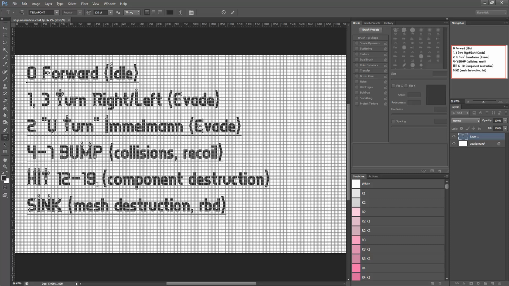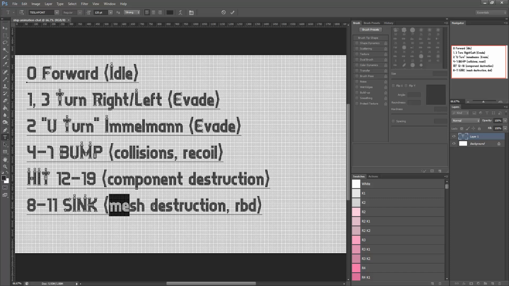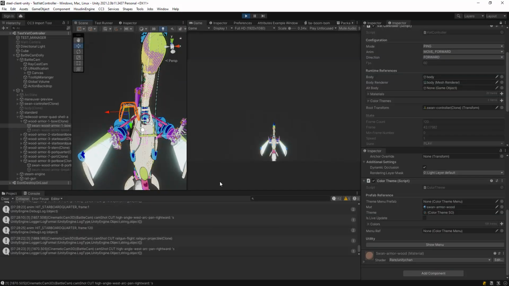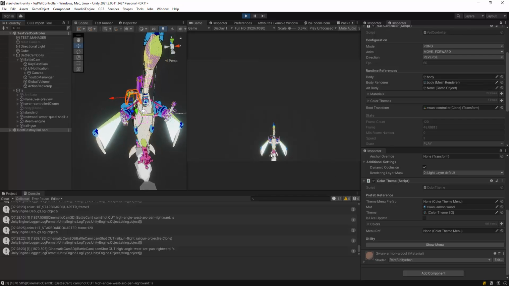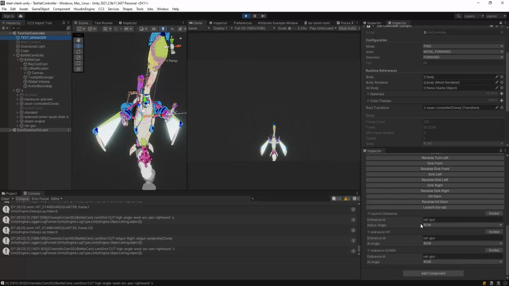For now, that's just not what we're doing, but we can definitely reuse this animation for even more cases that we're not using. Okay, now for the most complicated one, 8 through 11 is sync. This one is complicated because of the mesh destruction and the way the animation works. And it could just be a limit of my skill and ability. That always gets in the way a little bit, but we'll move on from that and just show